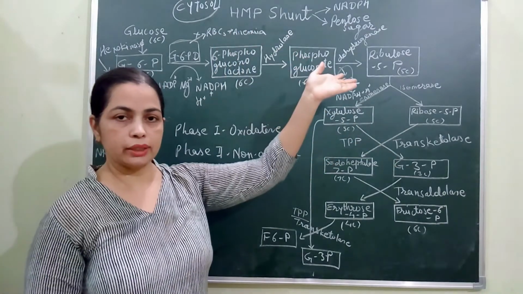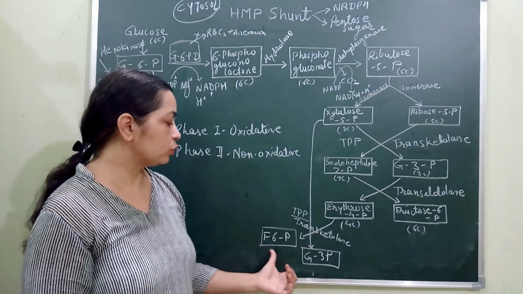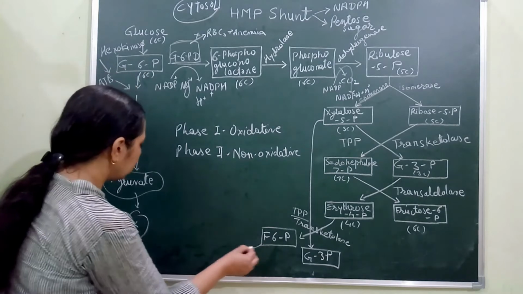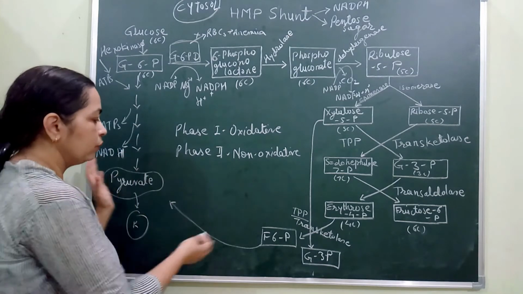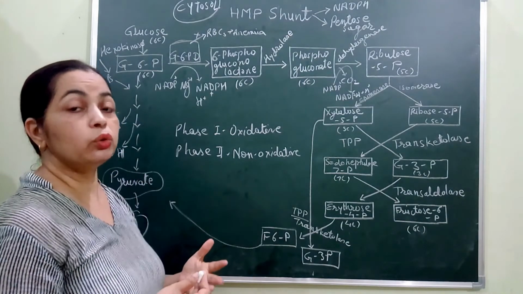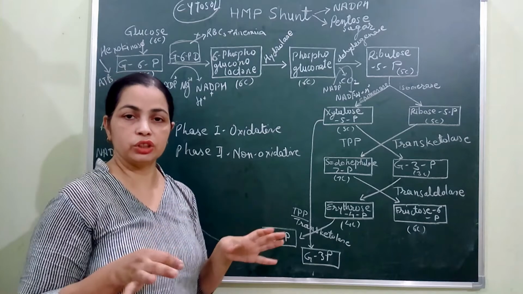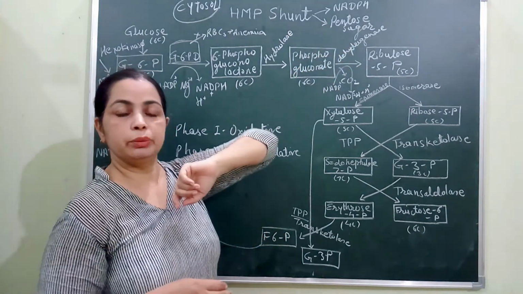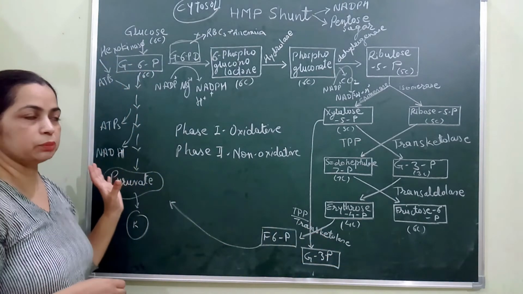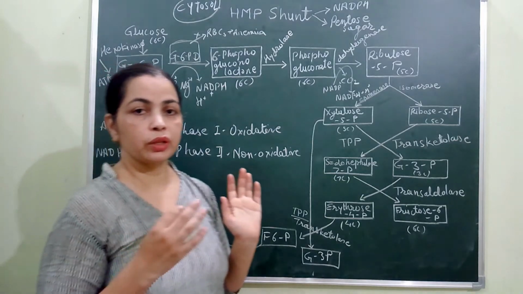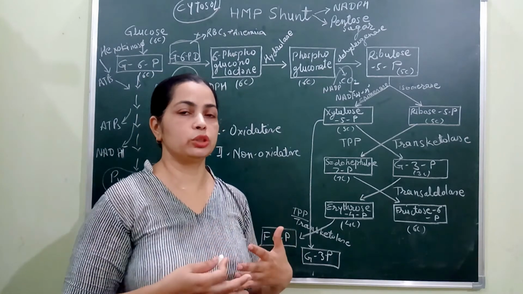And this ribose sugar is utilized, as I told you, for nucleic acids or nucleotides. While what happens with the other sugars? The other components produced here, the fructose or glyceraldehyde 3-phosphate, go back into glycolysis, acting as intermediates in the glycolysis pathway, as well as being utilized in the gluconeogenesis pathway to produce glucose moieties. So this is how this HMP shunt is a multifunctional pathway. It not only produces NADPH and pentose sugar, but also helps to produce some substrates which are helpful in the glycolysis pathway. So this is about the HMP shunt, an important shunting pathway or an alternative pathway to glycolysis for the metabolism of glucose.